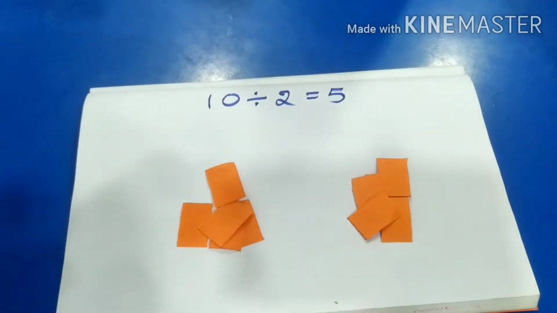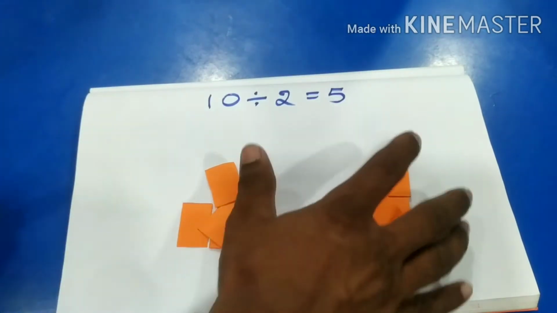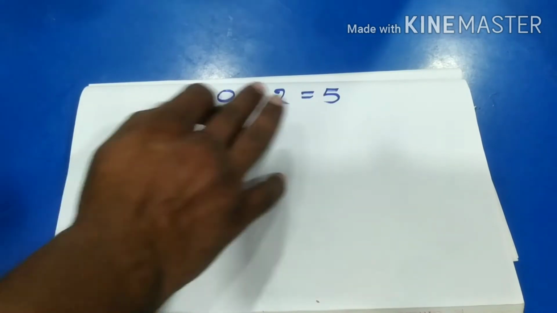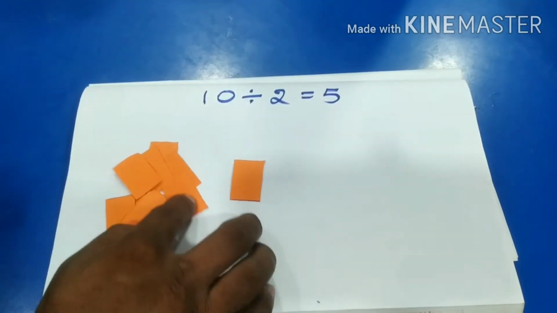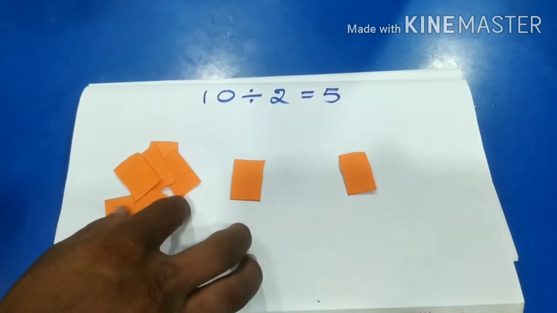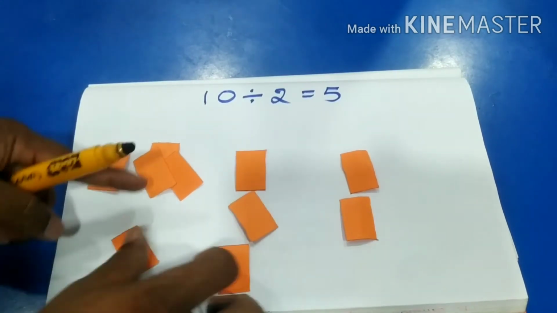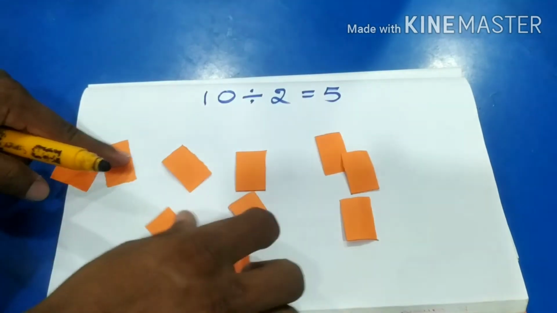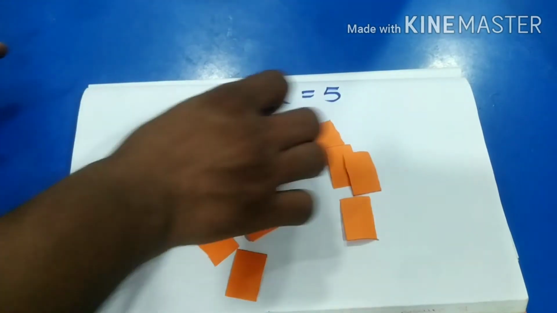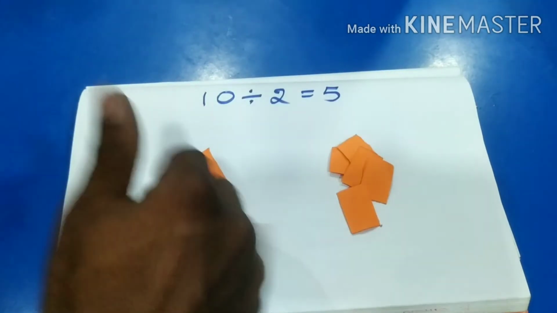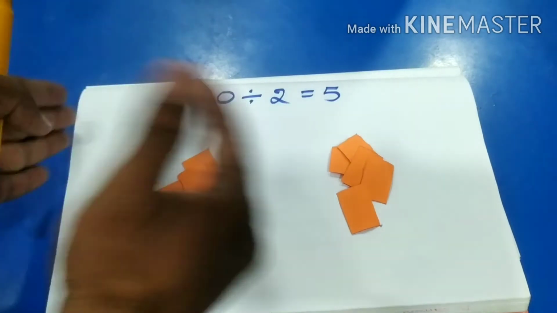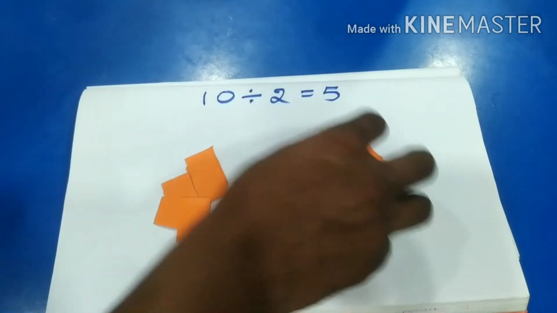We are getting 5. So that means from the whole, what are we doing? Subtracting. Two parts we are subtracting until the completion of the whole. So we are getting 5. That means subtraction. How many subtractions are we doing? Equal subtraction. So 5 and 5.